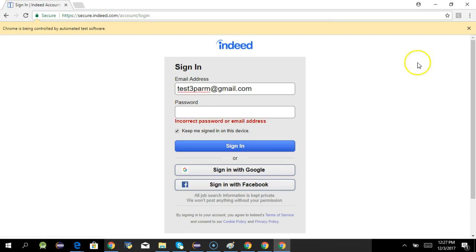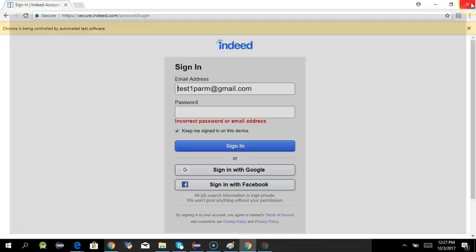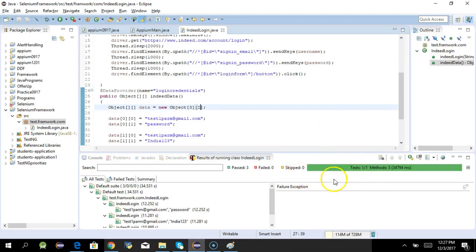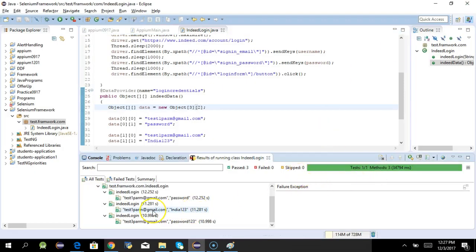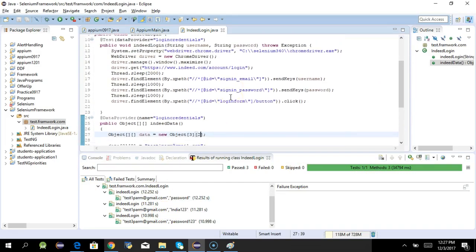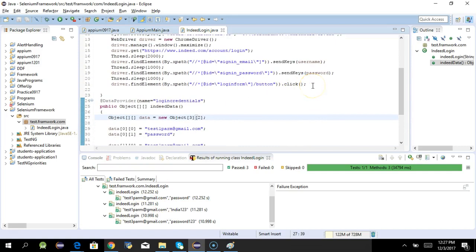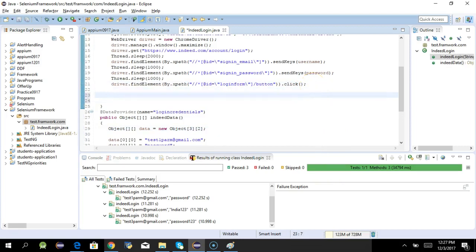But now if we come here, it is showing all tests are passed. Why? Because we are not putting any condition for these values, whether they are correct or not. If we want to check whether they are correct or not, and we want the correct result, that it should show passed for one and for the others it should not, then for that we can put an assert condition here. Okay, so let's see,